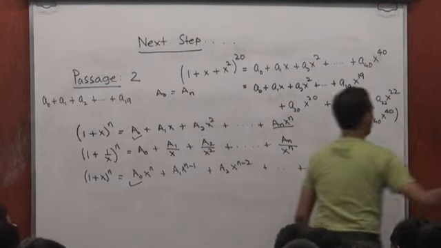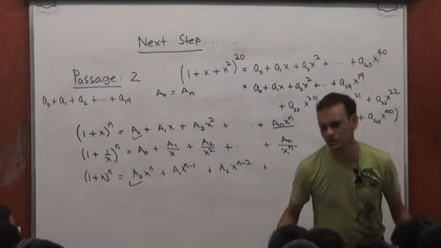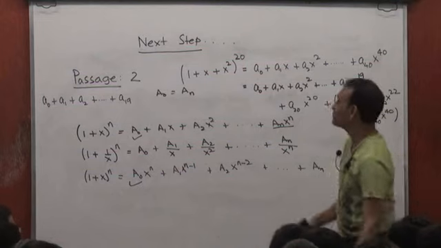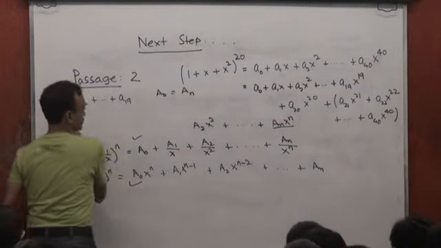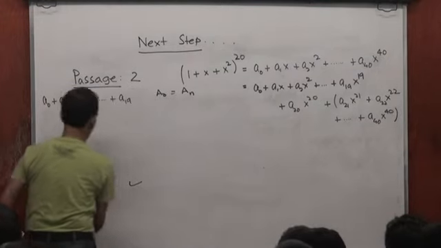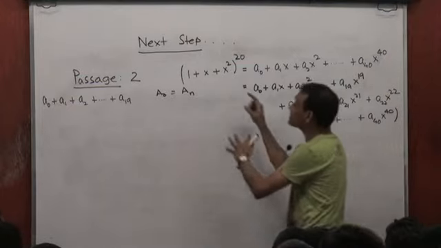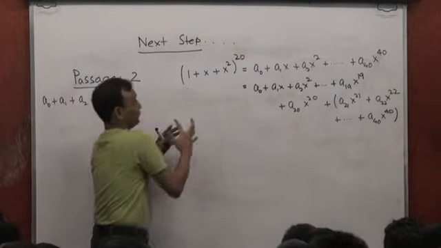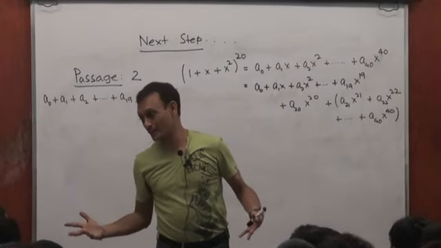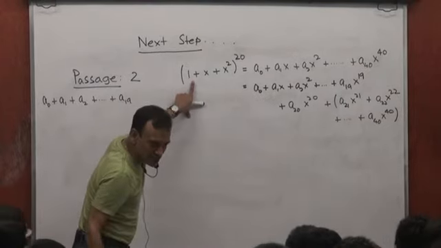And by this time, I didn't even know that A naught was C naught, A1 was C1, and so on and so forth. We didn't have to know that at all, right? So, given some basic idea that came to us at the time we started our journey in binomial theorem, it could be exploited in this same thing. You could then plug in x equal to 1 by x. So if you plug in x equal to 1 by x,